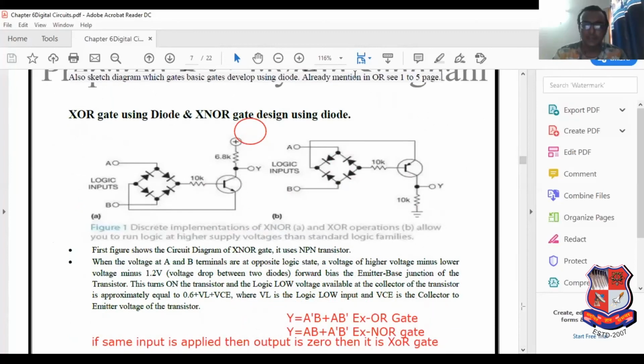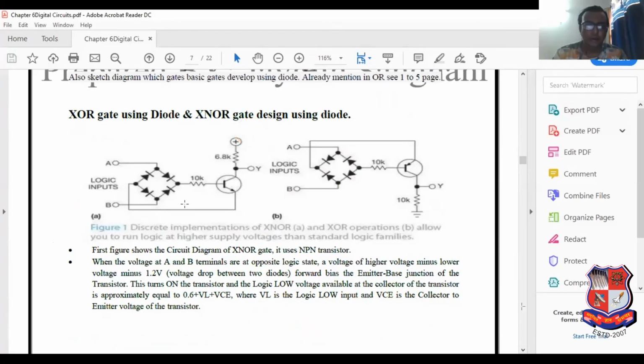And also we have discussed the last point, which is how to develop XOR and XNOR gate using diodes. It is nothing but a bridge rectifier. See this, it is known as a bridge rectifier. Diode position: if we apply 1 1 input, see this very carefully. Here 1, here also 1, here also 1. Now see, here 1, then this diode is in forward bias, so 1 is directly applied.